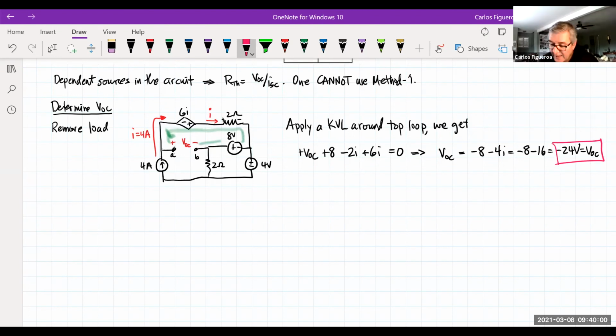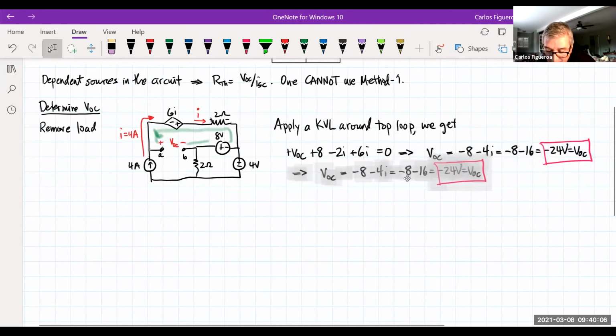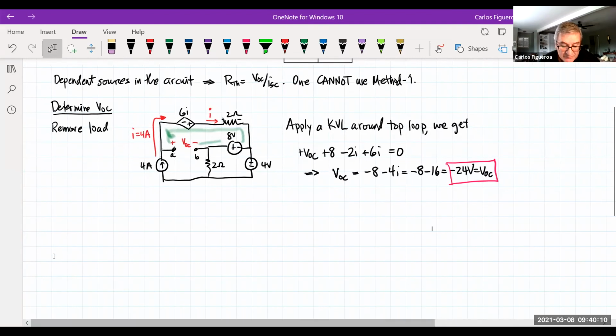Not everything has to look like a nail. Actually, that's all the way at the edge, so I'm going to bring this into here. And so there we go. I got VOC. Now I'm going to go determine